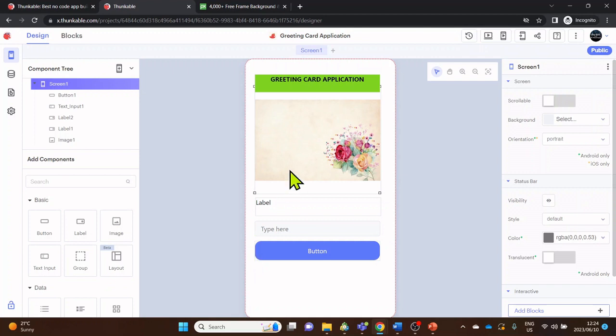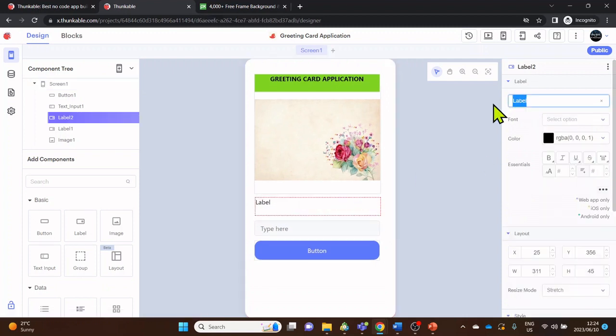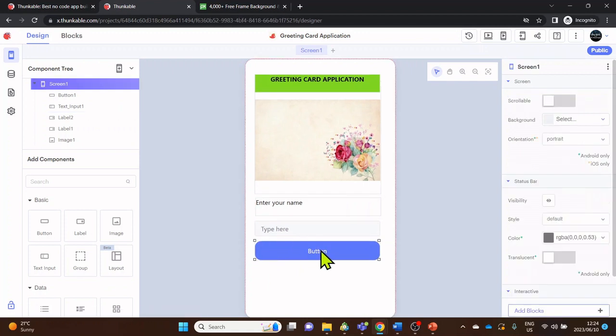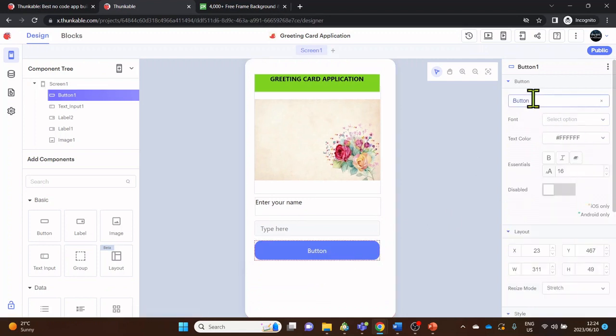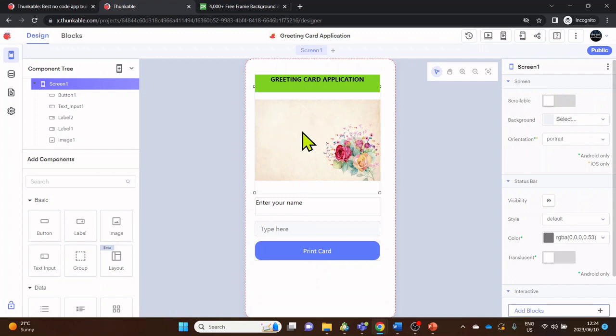And we need some labels in which our messages are going to be displayed. So remember, the user will type in their name here. Well, let's sort this label out by telling the user to enter your name. So when the user enters their name and presses the button, and the button is going to be, let's select the button and let's say print card. So when you click on the print card, then it's going to display some messages on this